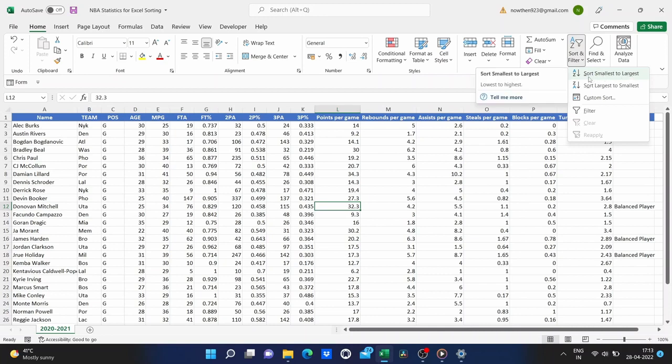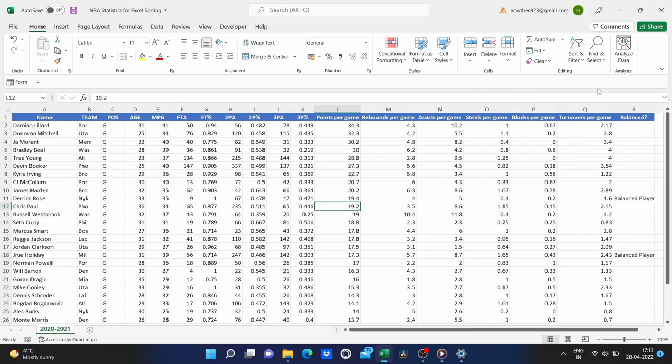It says Sort Smallest to Largest. Excel can tell that this data is numerical, and so it's changed the label of this button. And that's not what I want. I don't want smallest to largest. In this case, I want largest to smallest.